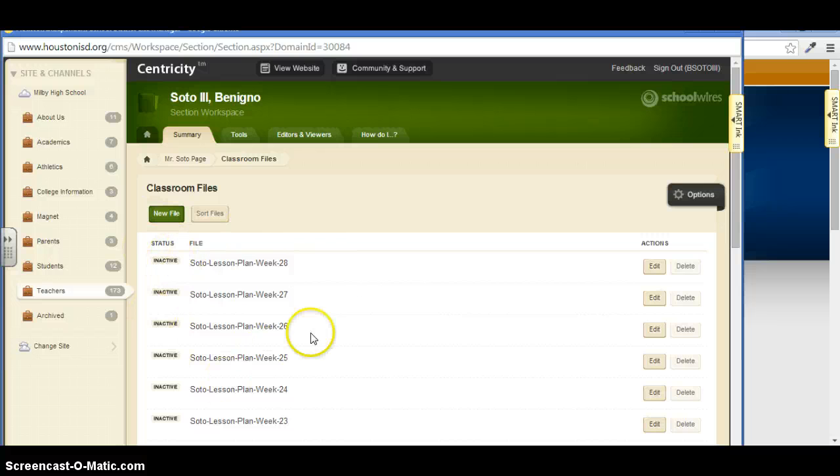But you are supposed to take these down from last year, so that the new ones can show. You don't want the administrator or someone going into your class looking at your lesson plans to see lessons from last year, right? So you want to inactivate your old lesson plans. You do that by hitting inactivate. You don't really have to delete if you don't want to. And then once you've taken down the old lesson plans,